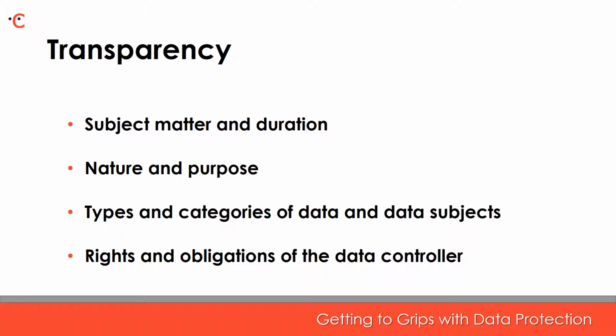The next key point I'm covering relates to provisions on transparency between parties so they know exactly how the data will be treated. Under the GDPR, at a minimum, a contract between a controller and a processor must include the following details about the processing. So we've got subject matter and duration of the processing, the nature and purpose of the processing, the type of personal data and the categories of data subjects being those individuals the data relates to, and the rights and obligations of the data controller.